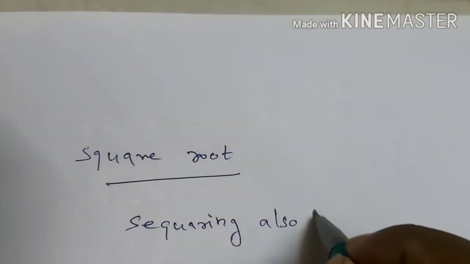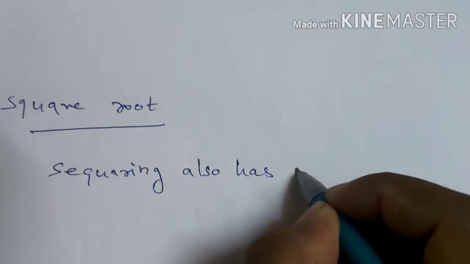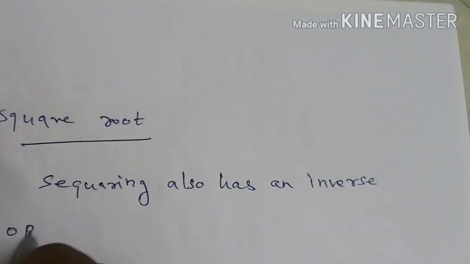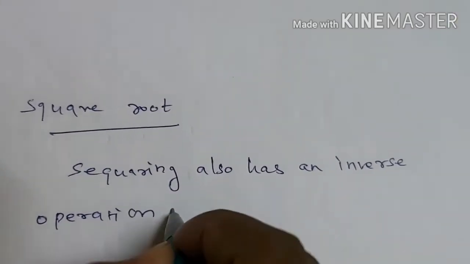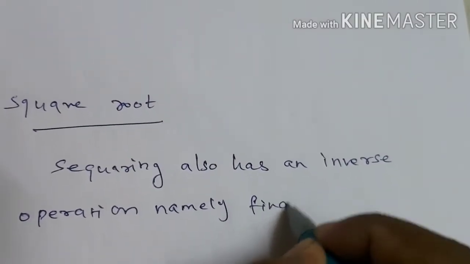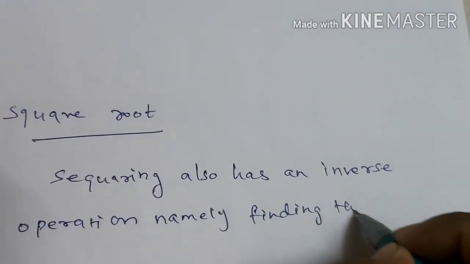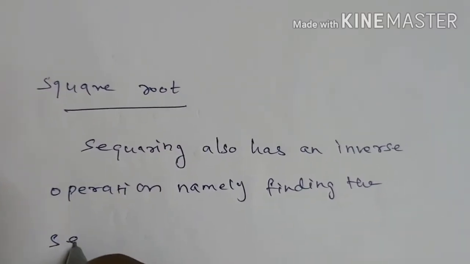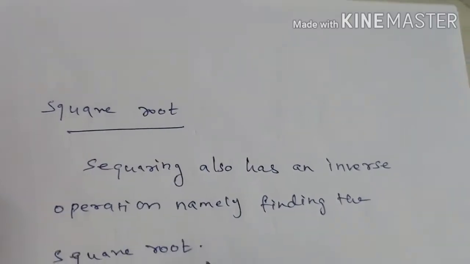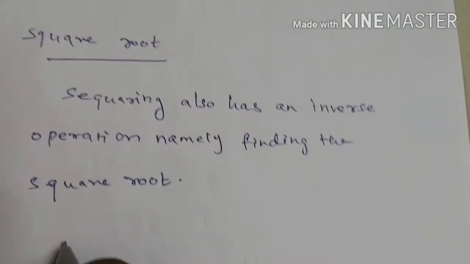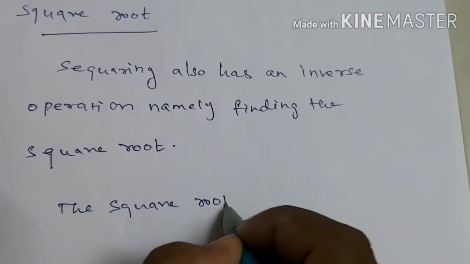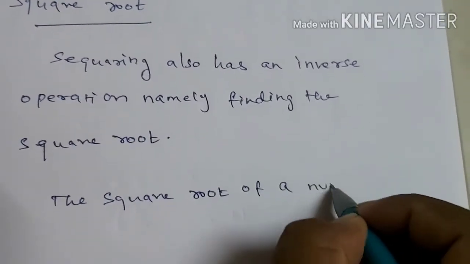Squaring also has an inverse operation, namely finding the square root. The square root of a number, mentioned as n,